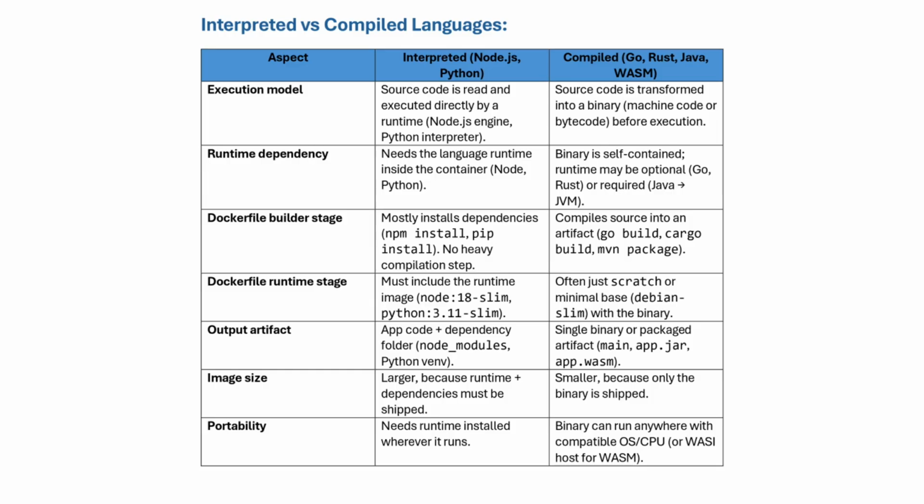Dockerfile builder stage. In interpreted Node.js or Python, it mostly installs dependencies, npm install, pip install, with no heavy compilation step. Whereas in compiled languages, it compiles into an artifact, that is go build, cargo build, mvn package. Interpreted languages don't have a heavy compilation step, because we already have an interpreter or engine that understands your application's language,